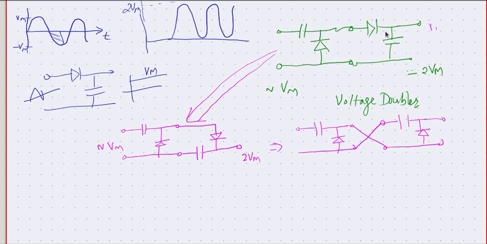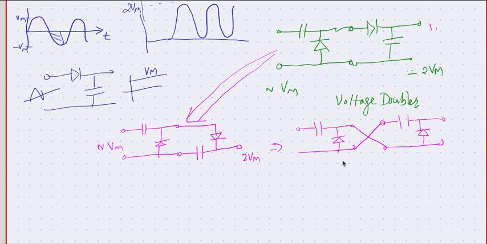Clamping circuit followed by rectifier and filter is going to give us a DC of 2 Vm. If Vm is the peak voltage of input sinusoidal, then this circuit is viewed in other orientation. The same can be reoriented this way. So we can say a voltage doubler is nothing but two clamping circuits connected in this fashion.